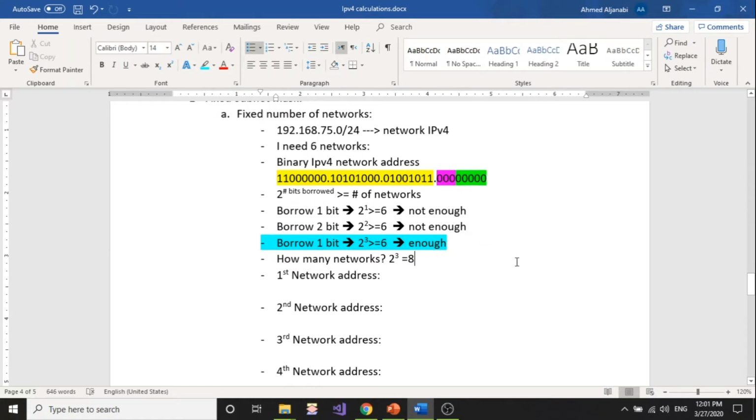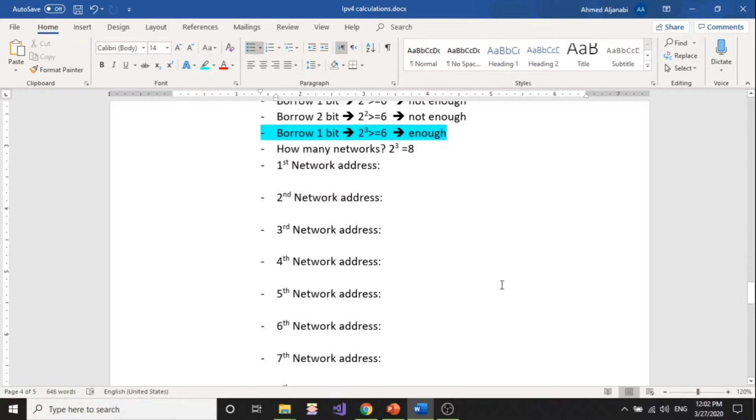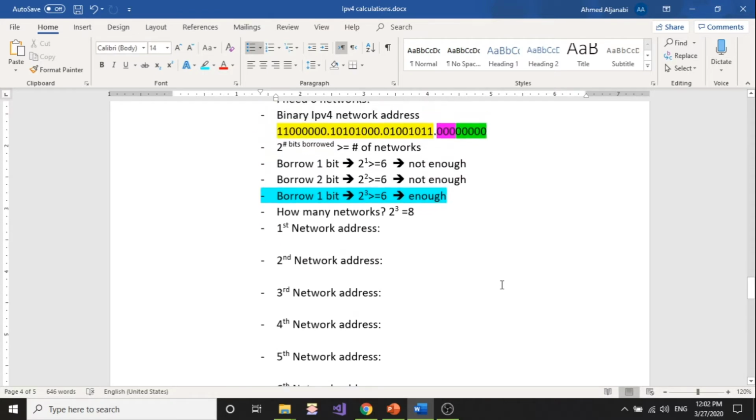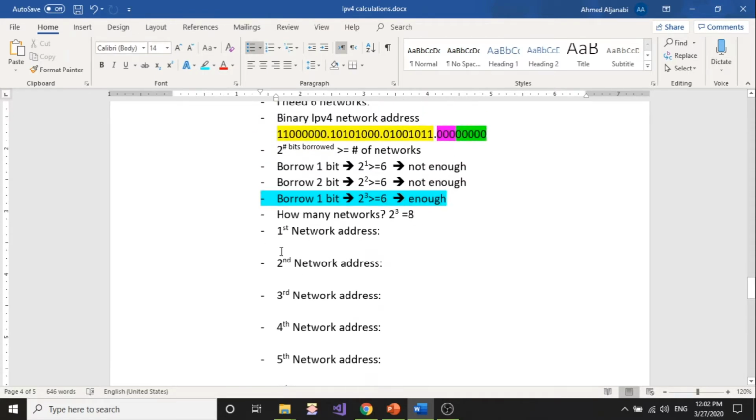Well, hello back again. Last time we stopped at finding out how many bits we're going to borrow from the host portion to be able to create the 8 networks that we're trying to do here. So I ended up having a space for all these networks here. Now, if your job is to tell me what these network IP addresses are, well, here's how we do